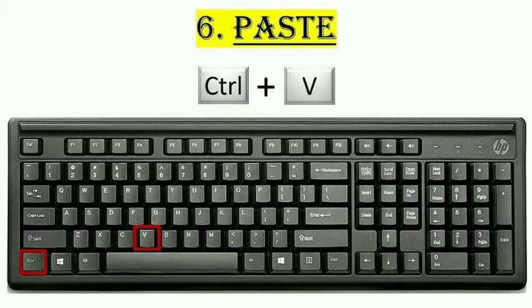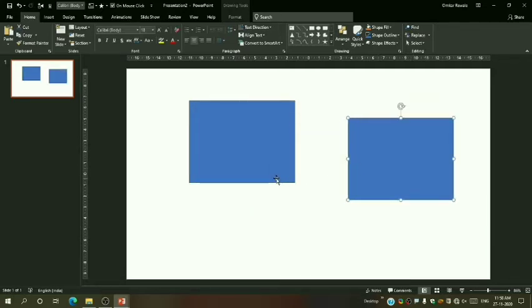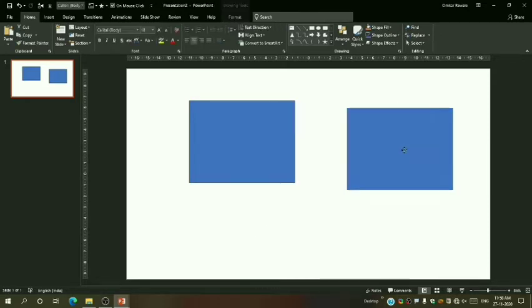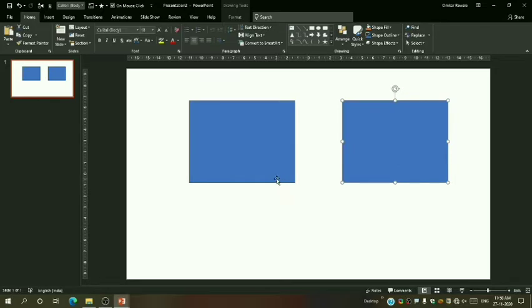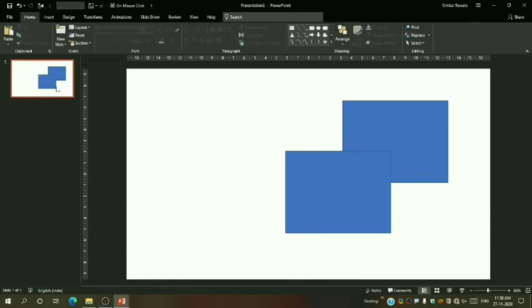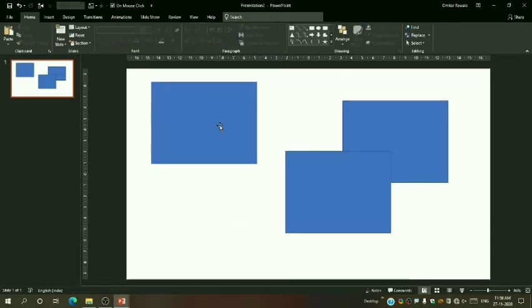So the sixth shortcut key is for the paste option, which is Ctrl plus V. Let us view that also. So here you can see one object is inserted, and I will press Ctrl plus C to copy it, and now I will press Ctrl plus V to paste it. In general we used to first right click anywhere and then paste it, but we will not do so. We will directly copy or cut any object and press Ctrl plus V. Let me show you by cutting this. I will press Ctrl plus X to cut, and you can press Ctrl plus V. Okay, so you can see that, so you can use it.